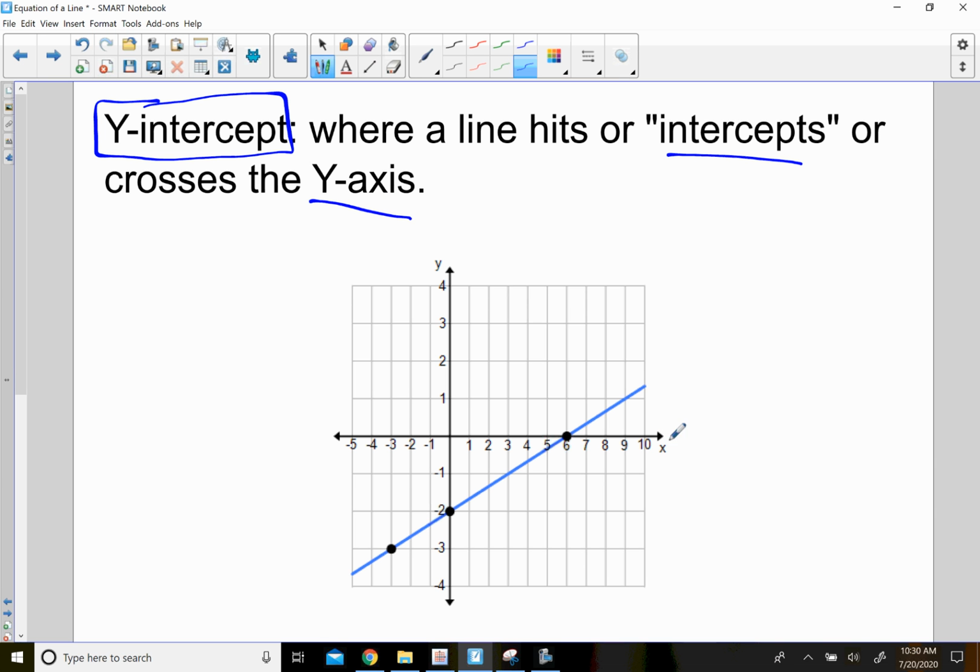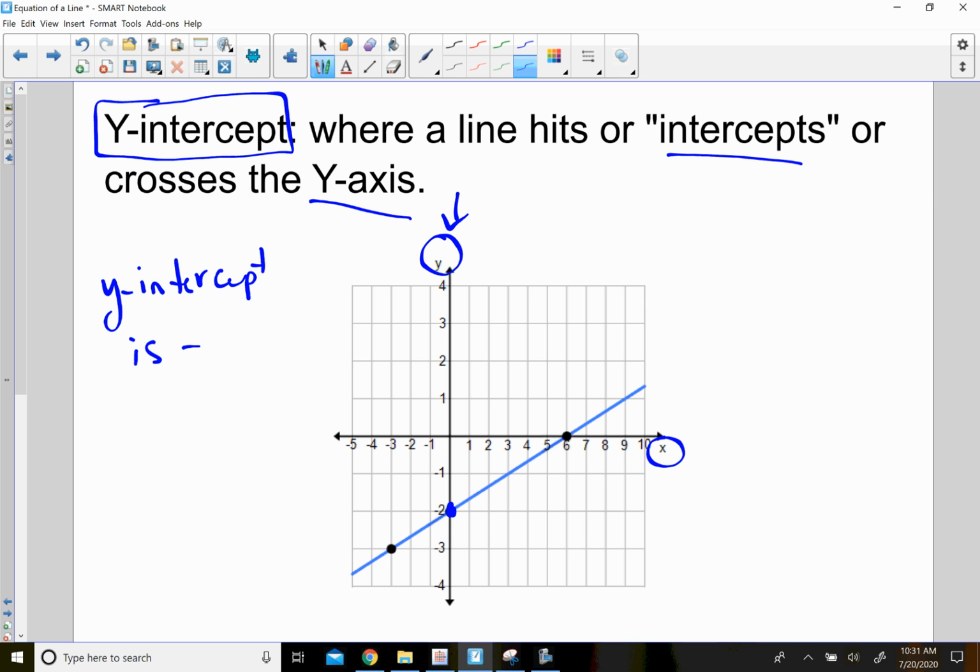Every graph has an x-axis, which is this line going from left to right, and then you have the y-axis, which is the one we want to look at for the y-intercept. You look at the y-axis. This blue line that is this graph, this line that we're looking at, it is hitting the y-axis right here. So the y-axis and the line hit at -2. So the y-intercept